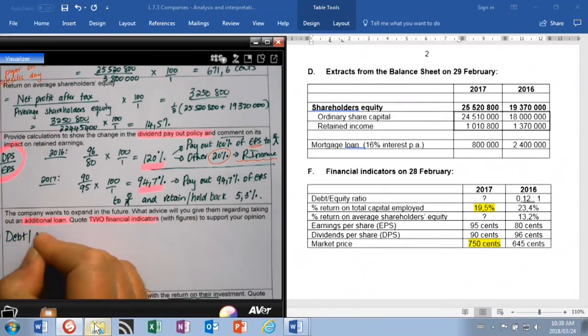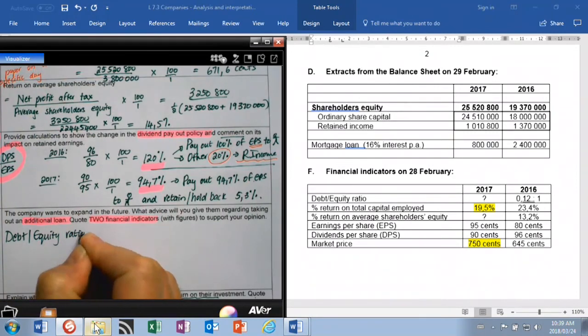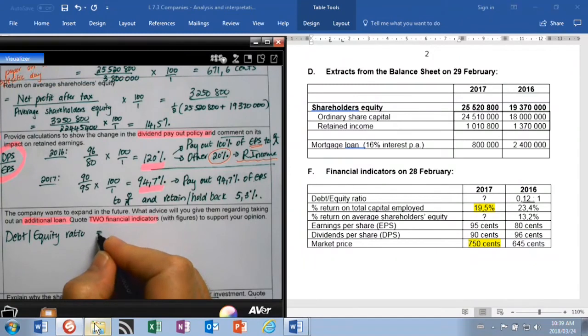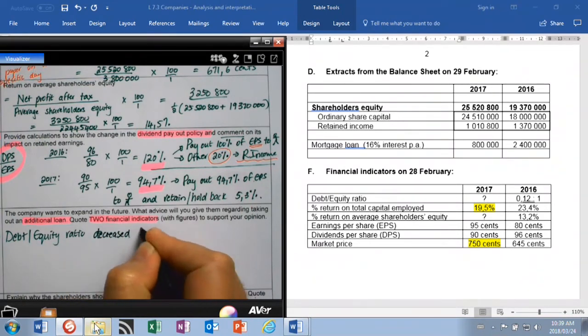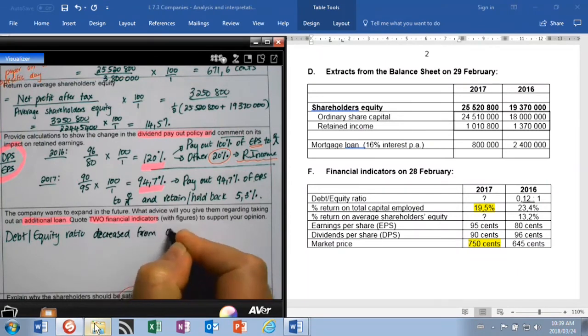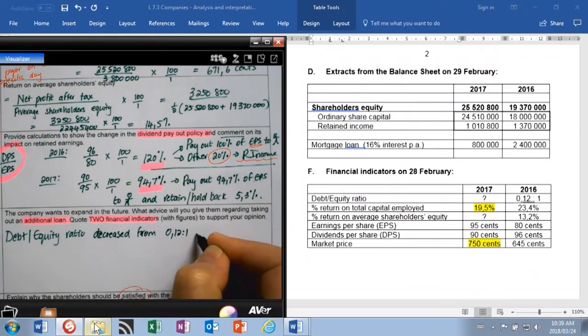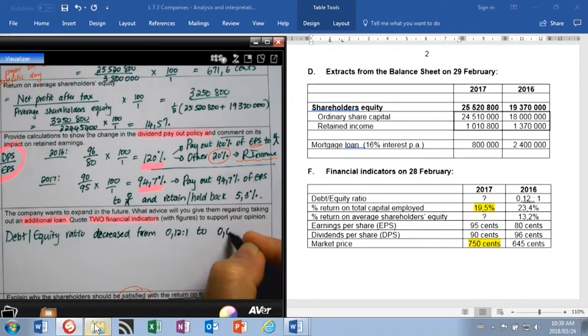Debt equity ratio is the first one. The debt equity ratio, okay, not equals. Last year it was 0.12, decreased from 0.12 to 1 to 0.03 to 1,